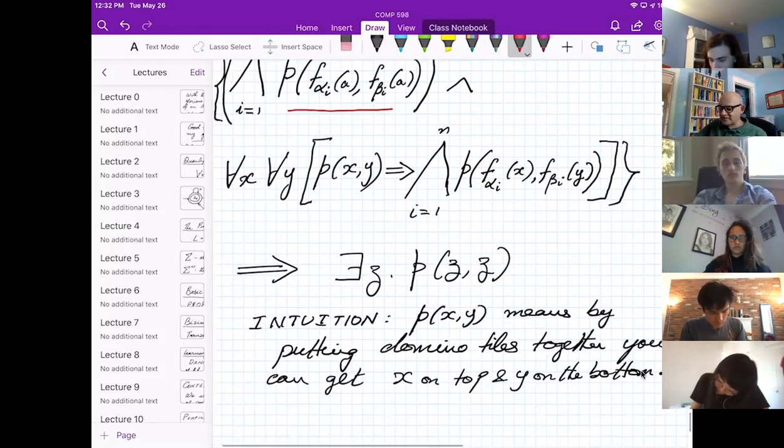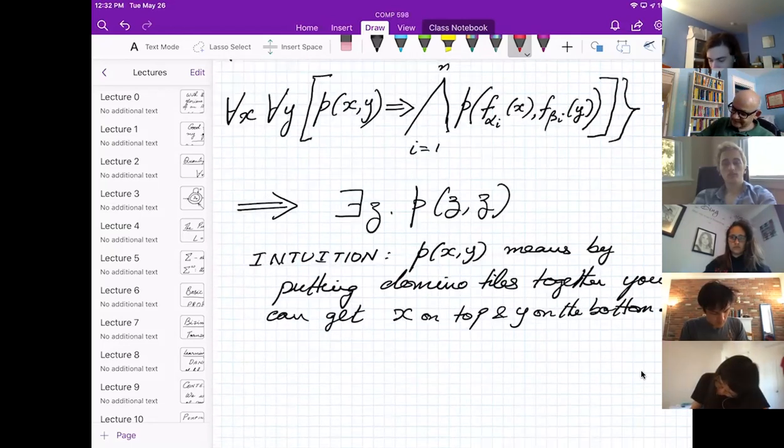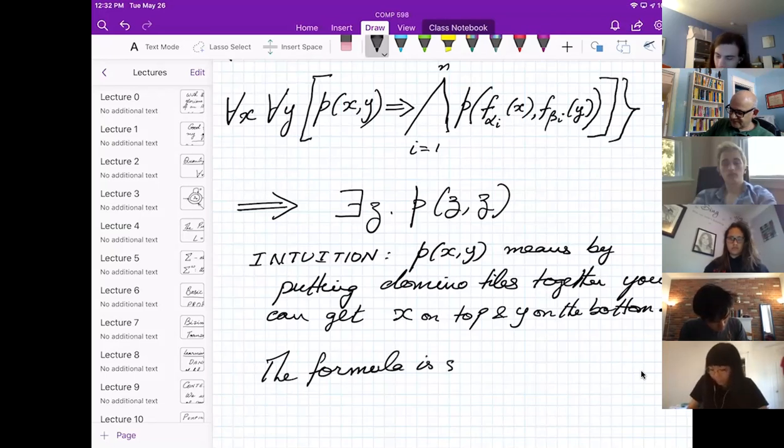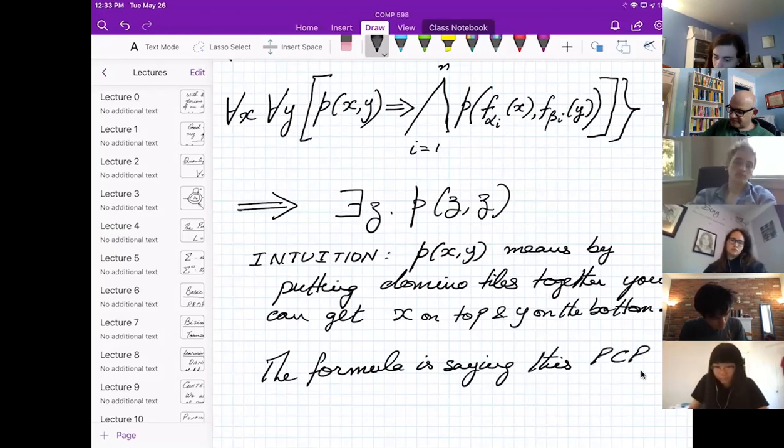So this whole formula is basically saying this PCP has a match.